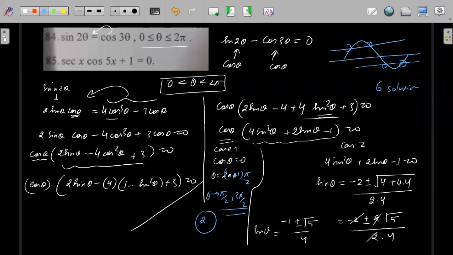2 sine theta into cos form, yes, you can do that also. From there also you will get 6 solutions between 0 to 2 pi, because if the thing which you are doing is correct, then you will get the same answer. Understood? From there also you can get it, but here I'm getting it easily from this part because I know cos theta will get common from here, and cos theta will be a multiple here also. So that is why.